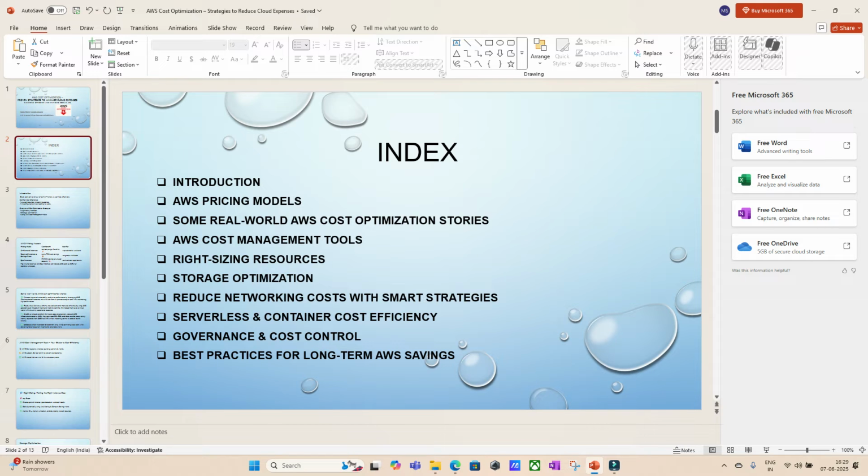So basically, this will cover some big organizations or companies who implemented cost optimization and what results they achieved. To achieve this, there are definitely some cost management tools that we need. So we will see this section under AWS cost management tools, and after this we will check right sizing